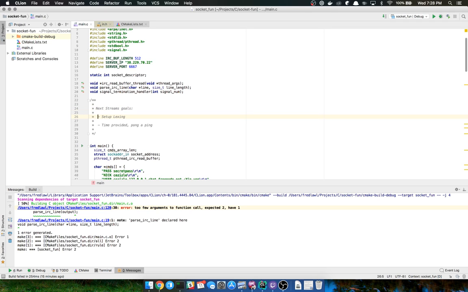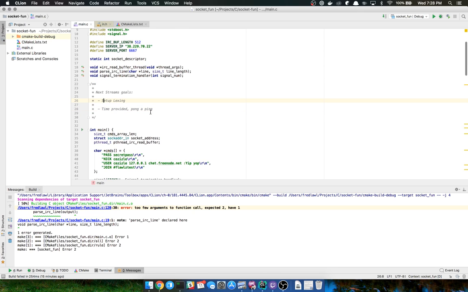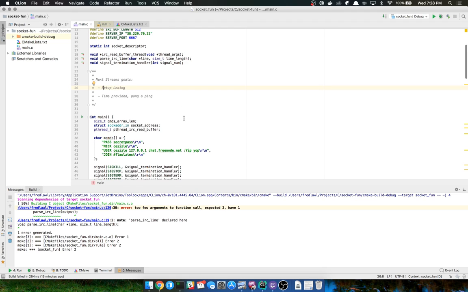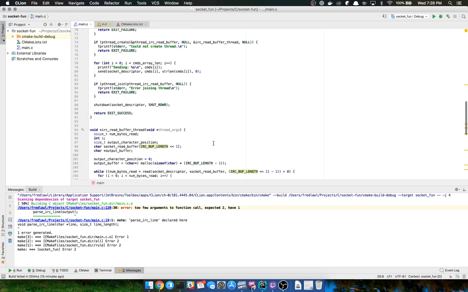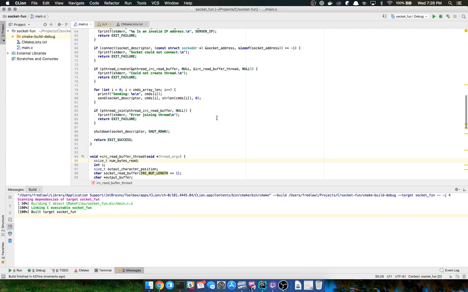Okay, so that's it for all I really had planned tonight. Like I said, I was only going to spend an hour on this, and I've kind of reached that. I'm a few minutes before the end of it, but next time we'll look into lexing, which is essentially tokenizing. Well, I don't have it open here anymore, but let's check to make sure it builds. I'm sure it does.